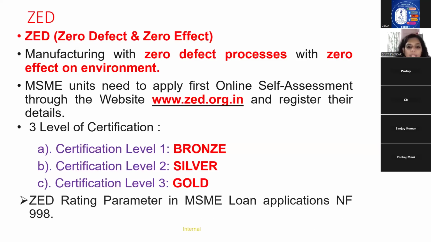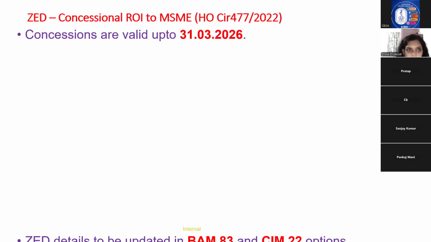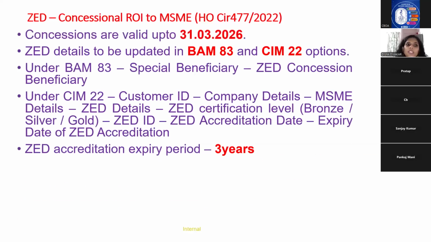The SED rating parameter in the MSME loan application NF998 we have to update. In case of SED, when a customer has obtained this certification, we can give them some concession in rate of interest. These concessions are valid up to 31/3/2026, and the SED details are supposed to be updated in the BAM 83